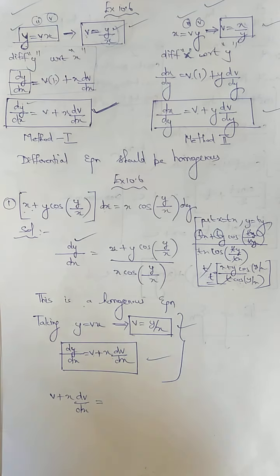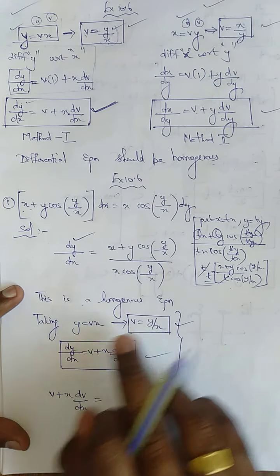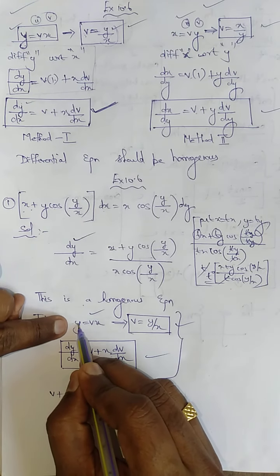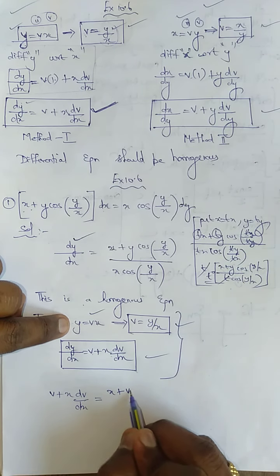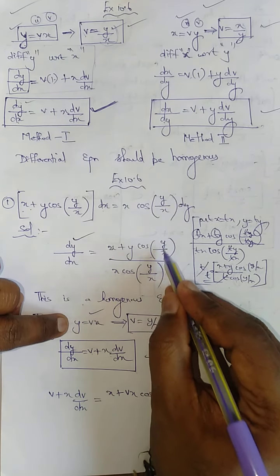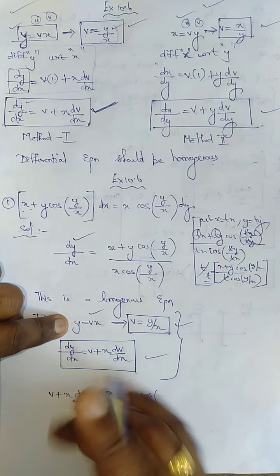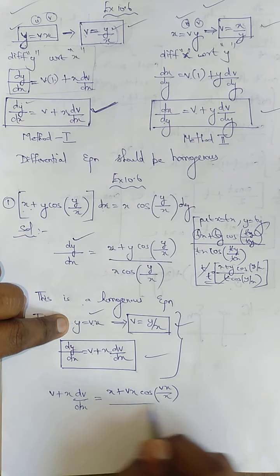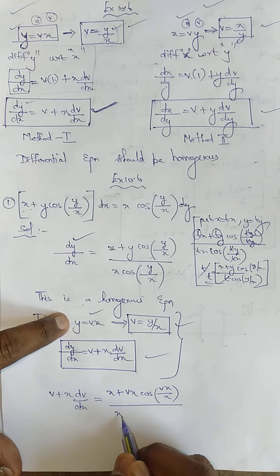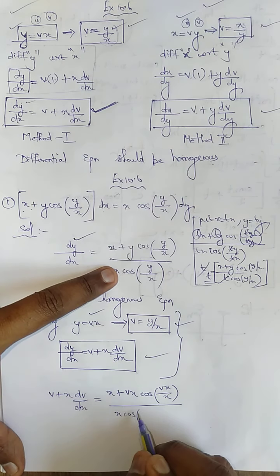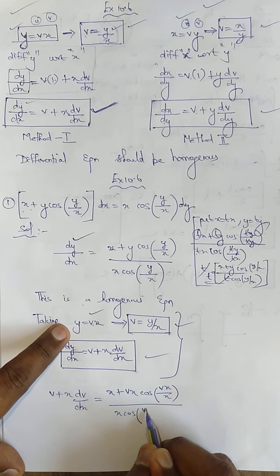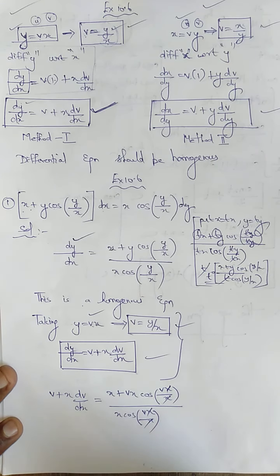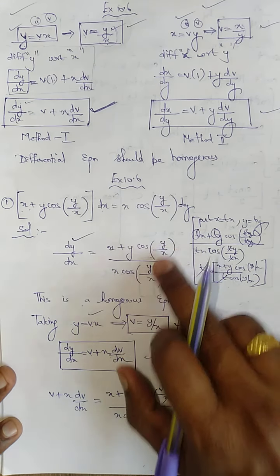Since there is no v, I can't apply v by x; I apply y is equal to vx. So write x as it is, x plus, what is y? Y is nothing but vx, cos. You can put y by x straightaway as v, but wait, I will tell you. Put y is equal to vx by x, divided by x, x as it is, cos. What is y? Y is nothing but vx by x. Now see, x cancels, x cancels, we get a straight answer, cos v. The same one we have done here.